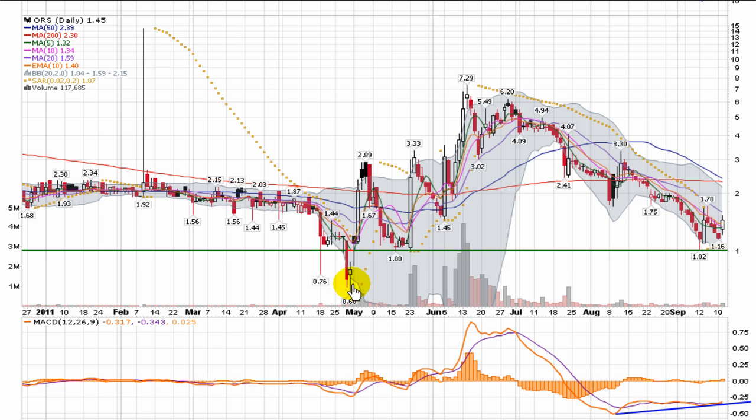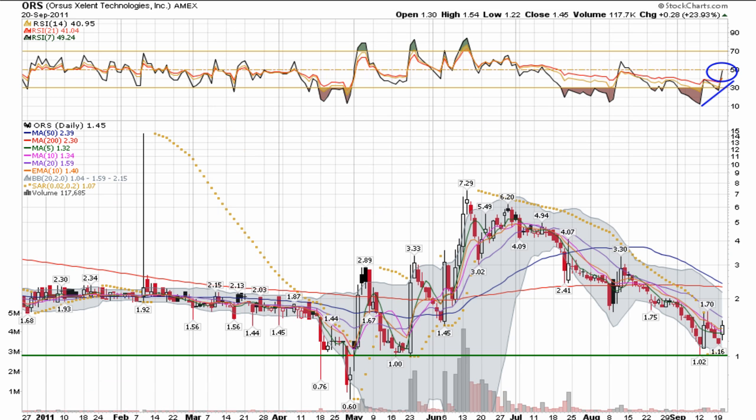Did fall through it back here in April. Promptly pulled back up, but acted as a pretty strong support level on several different occasions, you can see. So it's going to stay on the watch list this week. See if it can continue the upward push. You can see it closed at $1.45, so it can move kind of in leaps and bounds, so to speak. Again, pretty low volume. Not sure if this has a wide spread to the bid-ask, but it'll be worth keeping